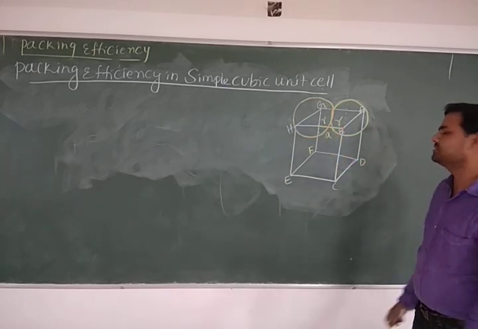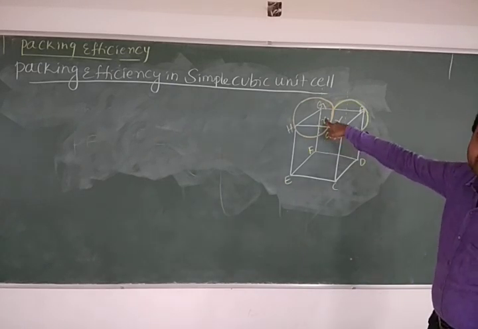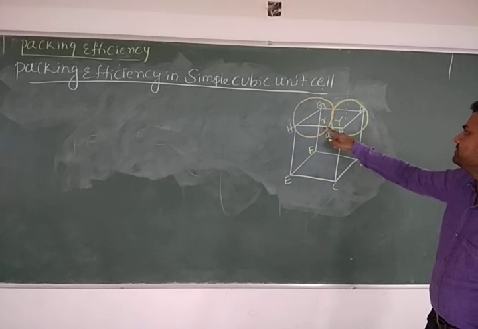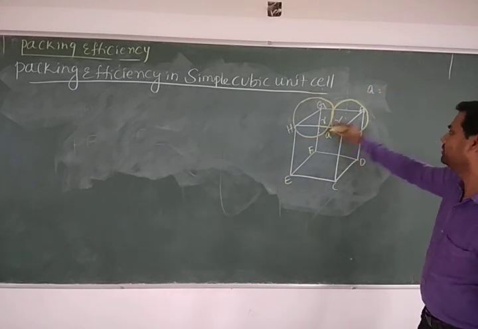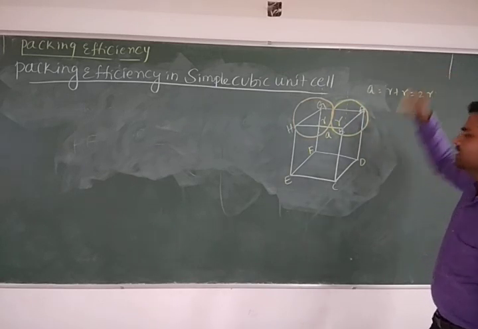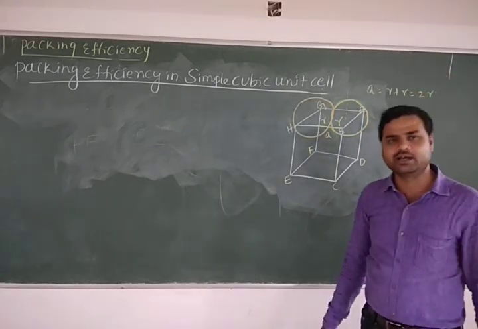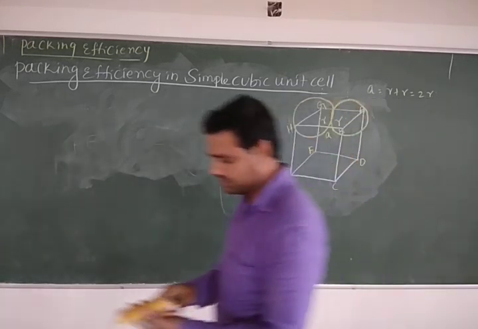Therefore what is the edge? We are denoting the edge with small a, and radius we are denoting with r, and total edge value becomes how much? r plus r becomes what? Now I am writing here only. a is equal to this r, this r. r plus r becomes what? 2r. Remember, edge is denoted with a, and the edge value is 2r.